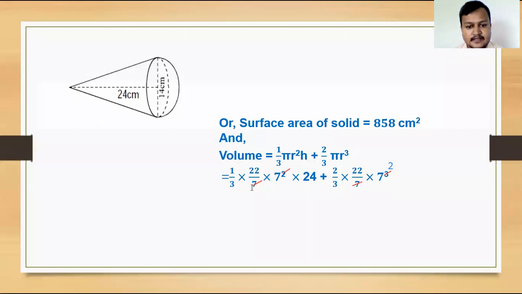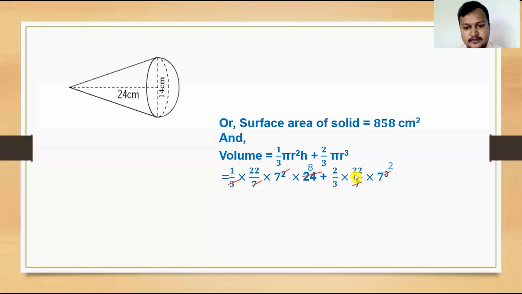7 square. That means the values remaining here. Again, we can cancel out this 3. 3, 8 the 24. The final value of this first term will be 22 into 8, into 7 also. Multiply that. 22 into 7 into 8 is 1232 plus. And after multiplying, here also we have to do the same thing.